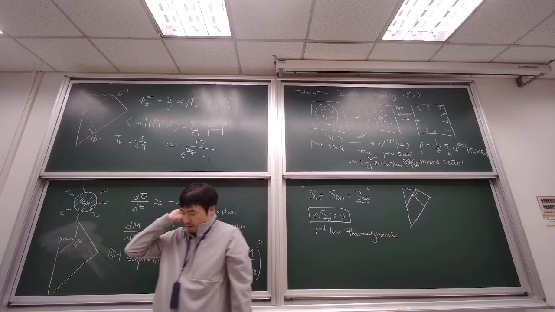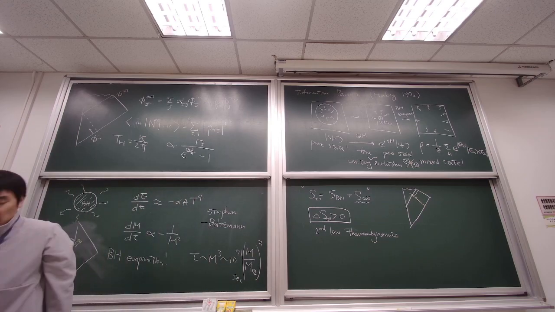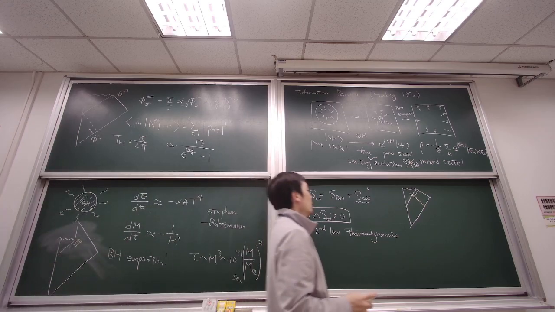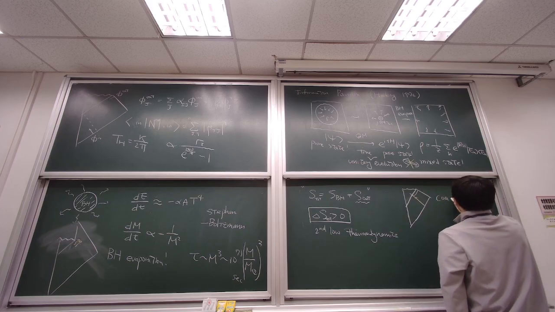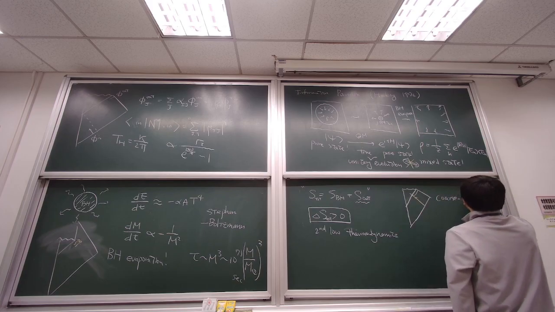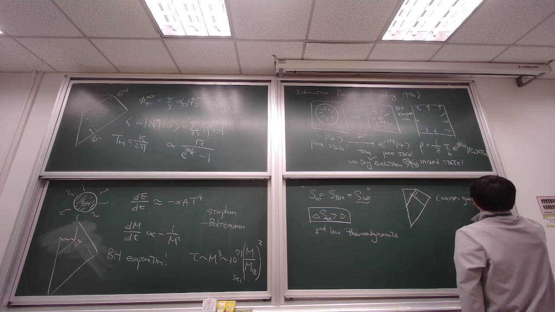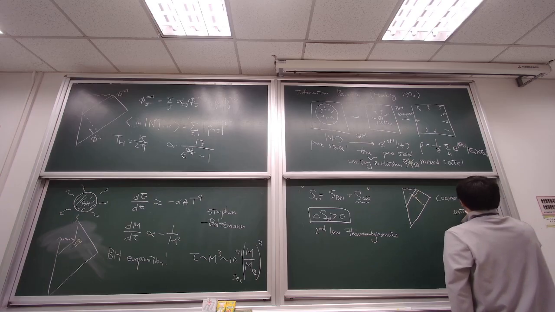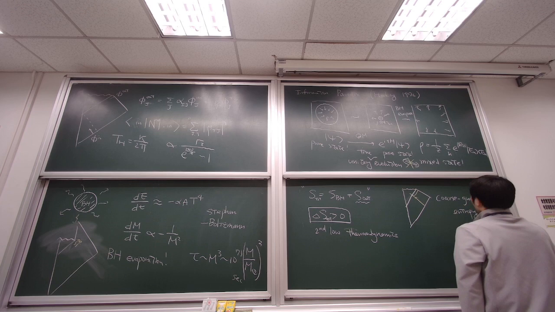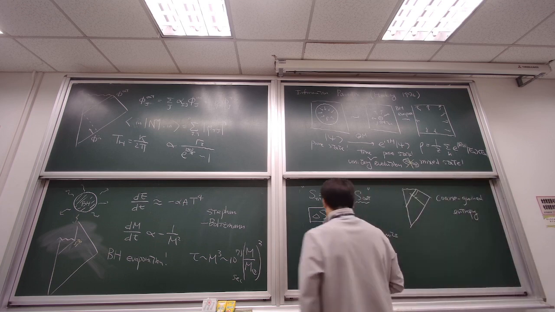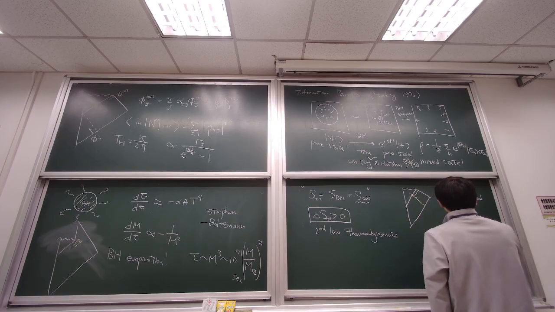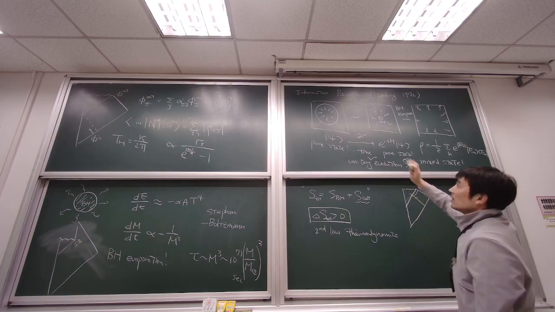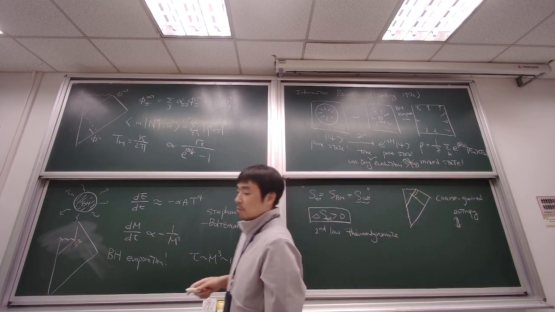But now, Page showed that quantum mechanically, this is called coarse-grained entropy. I will explain what it means. But if you consider so-called fine-grained entropy instead of this one, to really solve the information paradox,